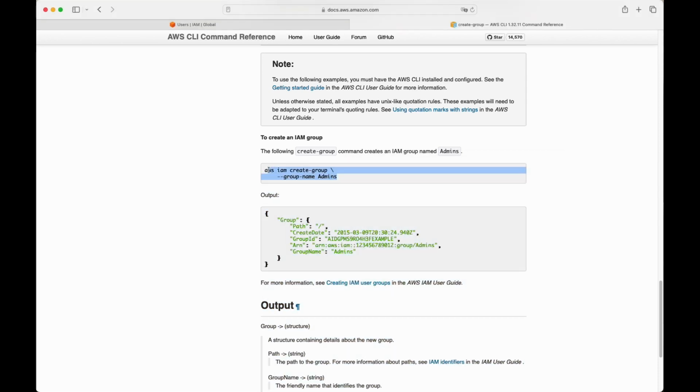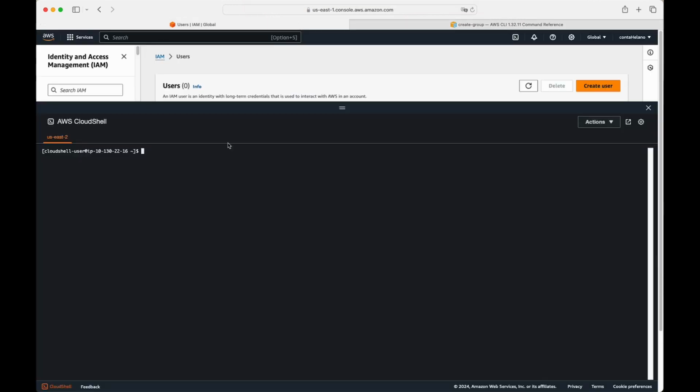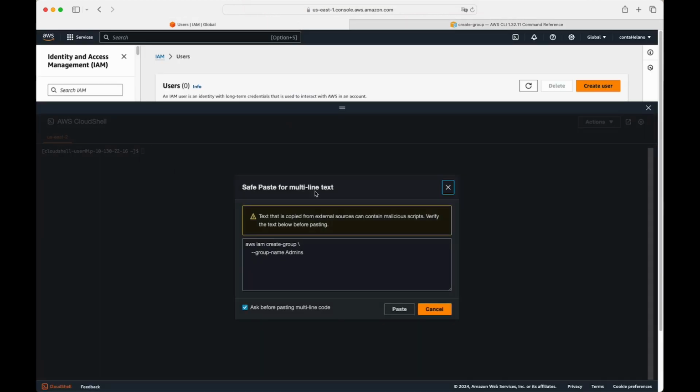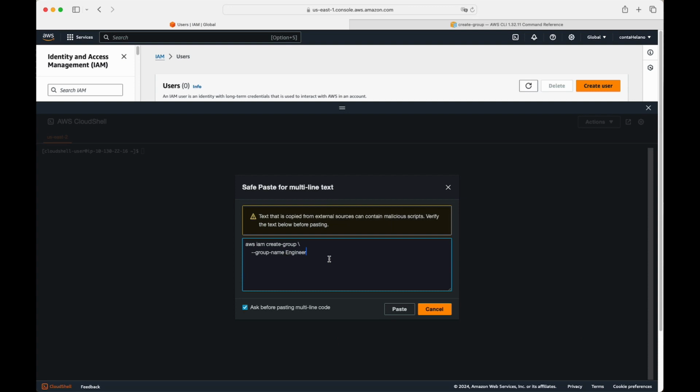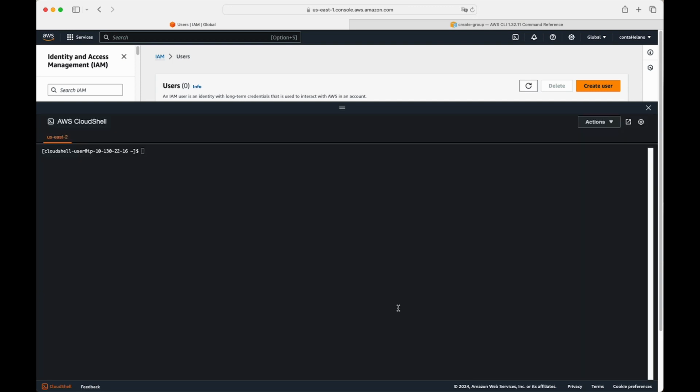So let me just copy that. I will do it like this, and here we can edit the input. Let's replace it with engineer, paste, and let's hit enter and see what happens. So there you go, the group is created,